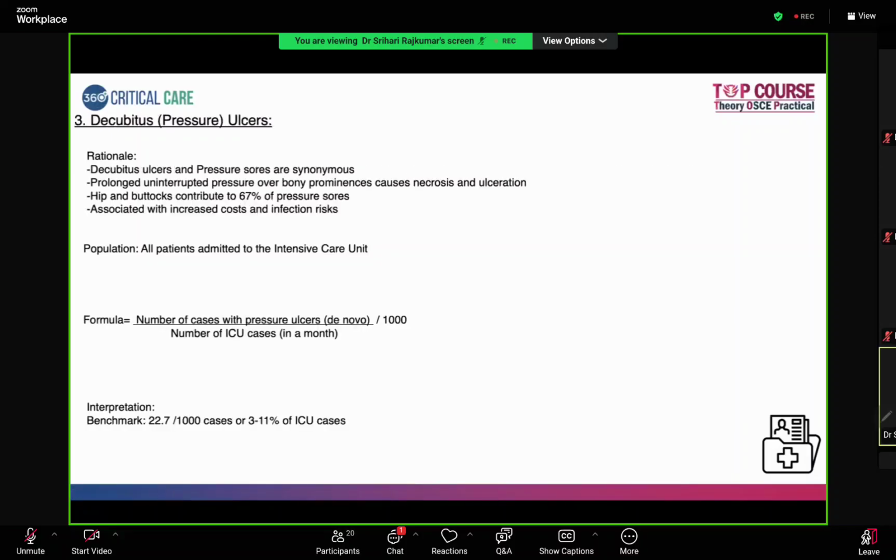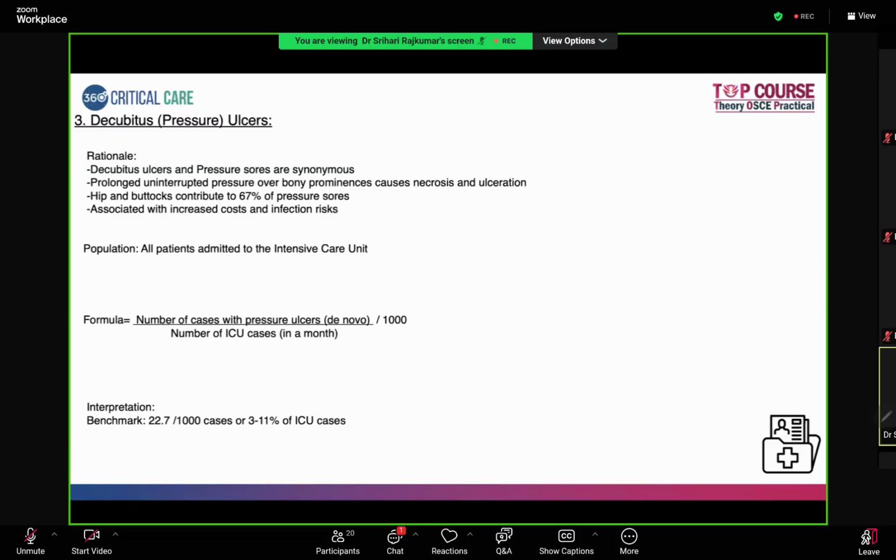So next is decubitus ulcers. Decubitus ulcers and pressure sores are synonymous. So most of us know about it. Prolonged uninterrupted pressure over bony prominences causes necrosis and ulcerations. Hip and buttocks alone contribute 67% of pressure sores. The problem with these pressure sores is that they are associated with increased cost of care and they also increase the risk of infections. The patient population again is confined to ICU patients, and the formula is